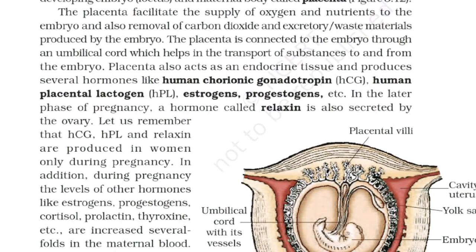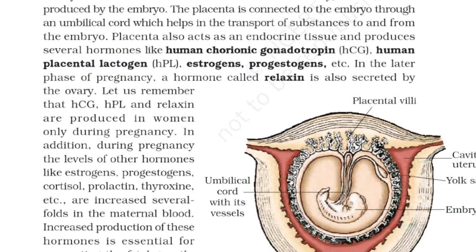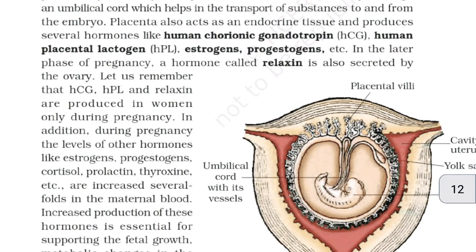the embryo. The placenta also acts as an endocrine tissue and produces several hormones like human chorionic gonadotropin, HCG, human placental lactogen, HPL, estrogen,